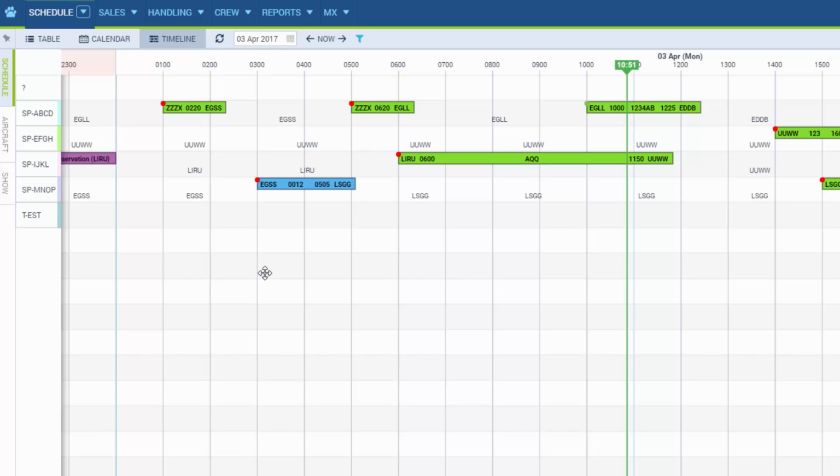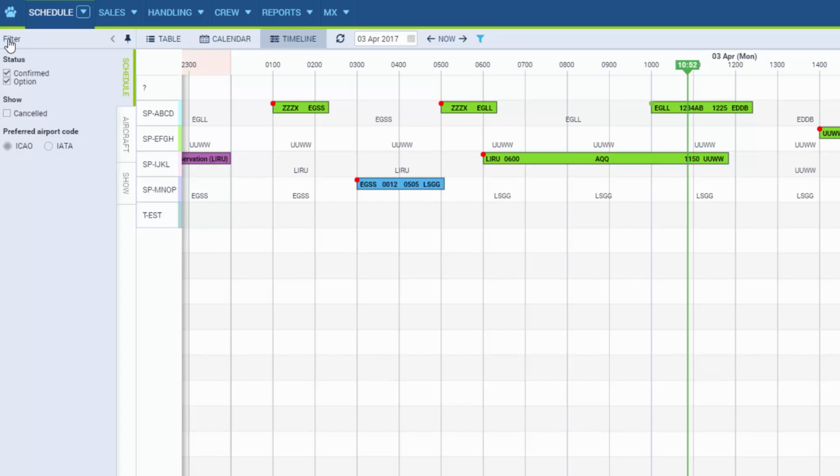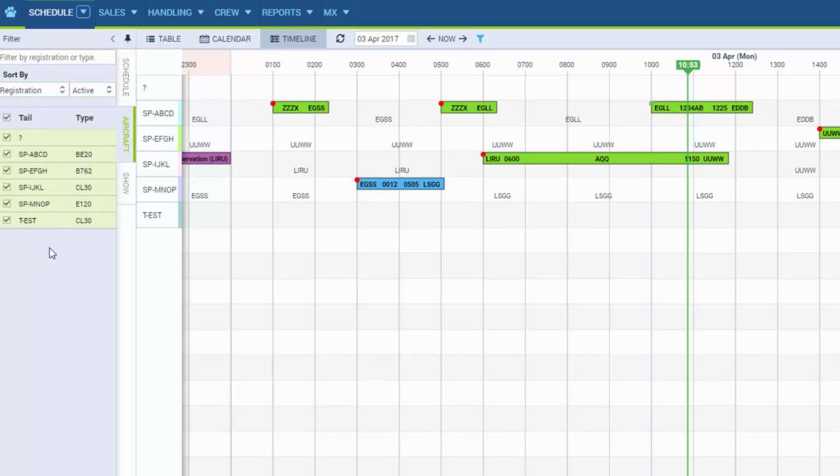in each. So on the left we have a filter which determines what we see in the main screen. In the tab schedule, which is pretty clear, we can have both confirmed and option flights. We can tick this box to see the cancelled flights as well, and we can select the preferred airport code. In the tab aircraft, we select the aircraft that we want displayed in the main screen, and in the tab